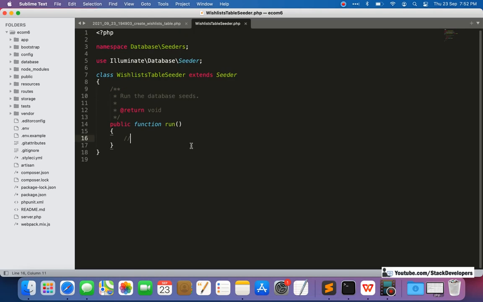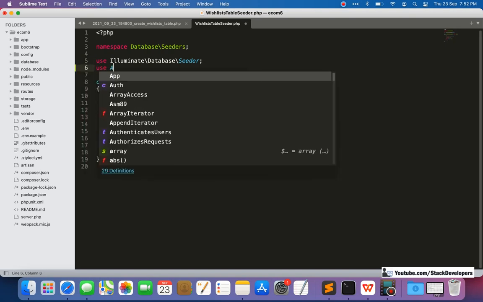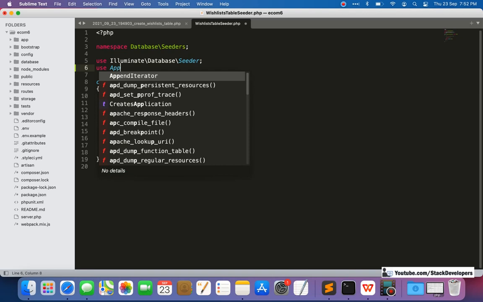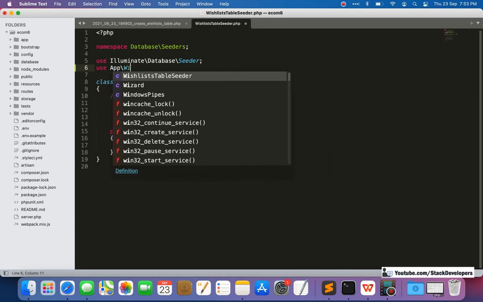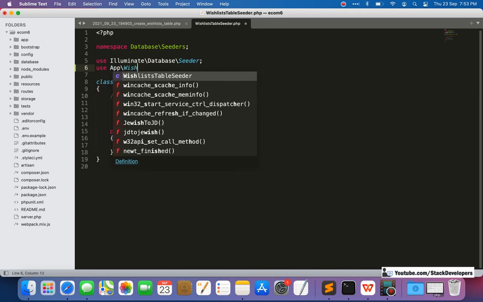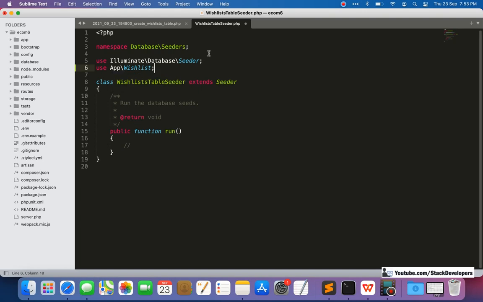Here we are going to add the dummy entries, but before that we are going to add the model. See, it's a Laravel 8 project. Don't think that it's Laravel 6 or 7, because here we are including the model without the Models folder, because this project was upgraded, and when you upgrade your project from Laravel 6 to Laravel 7, the Models folder is never created.